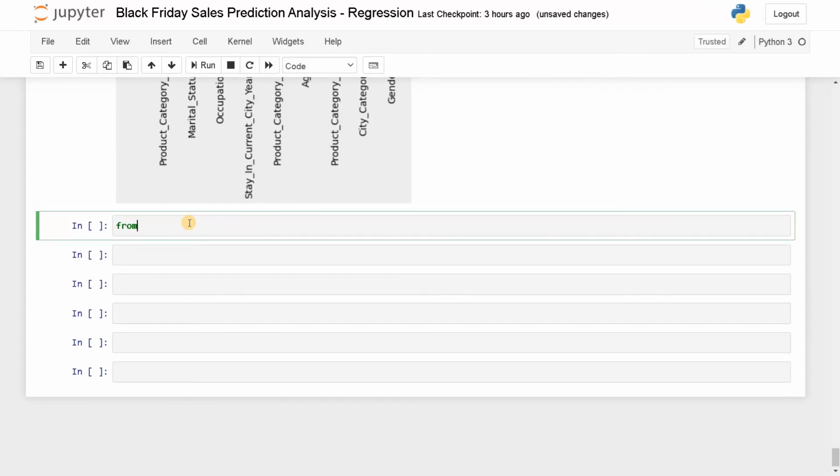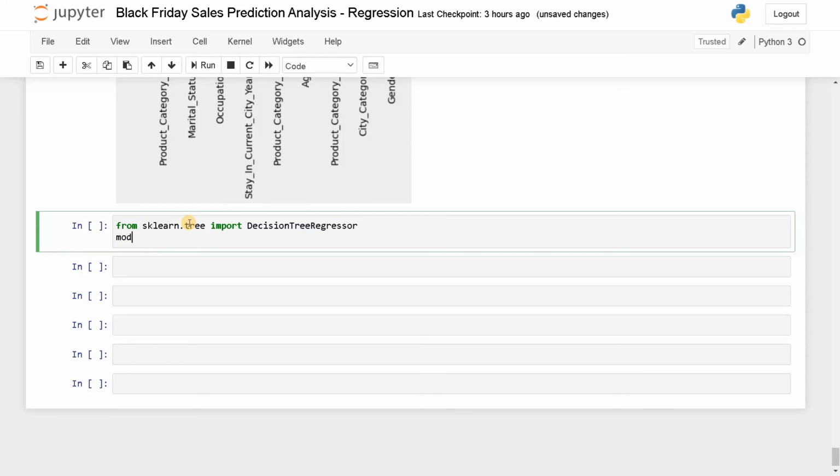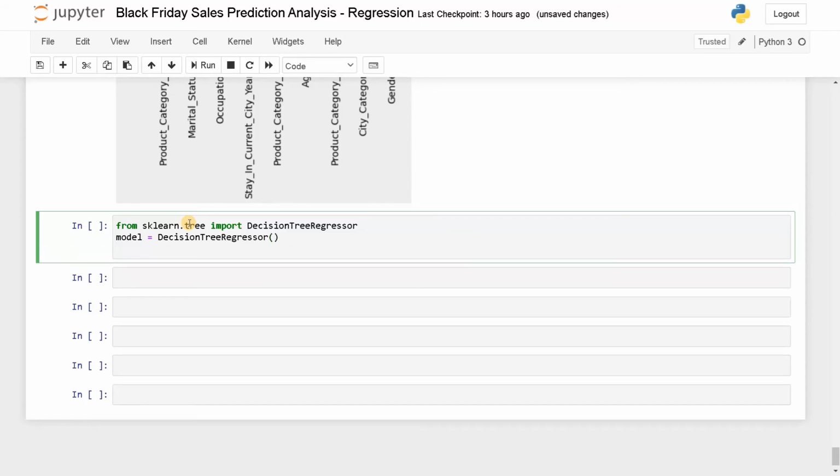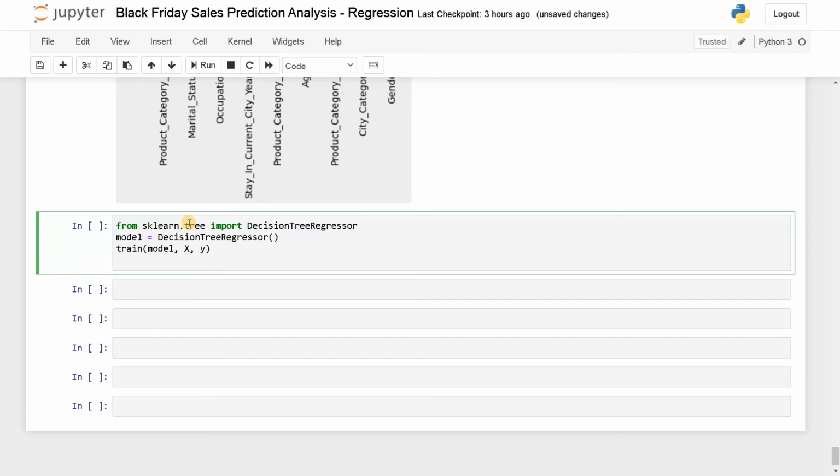Now from sklearn.tree import DecisionTreeRegressor, again model equals DecisionTreeRegressor, train model with x and y. Here also we need to use this graph. Here it is named as features.